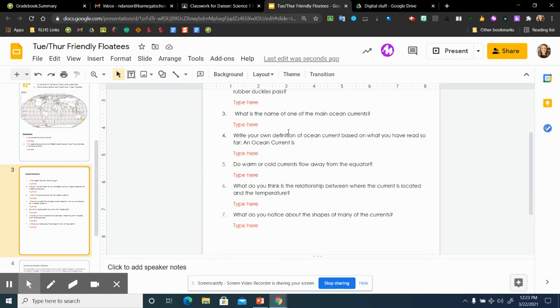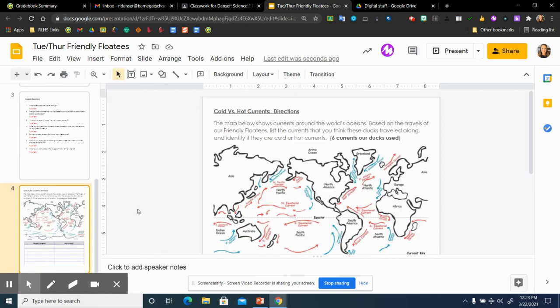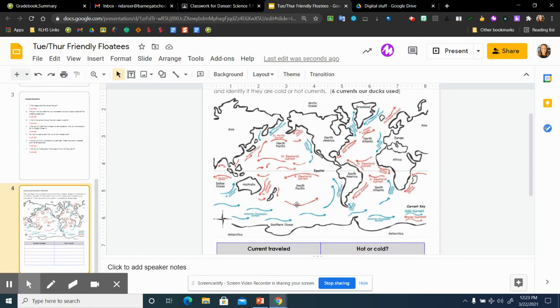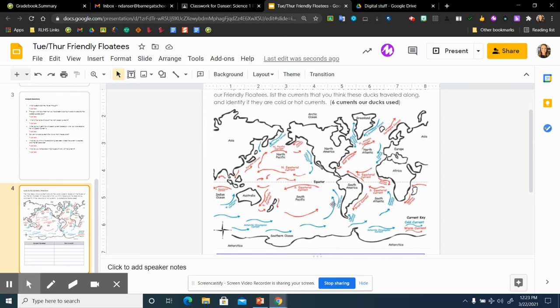And then you're just going to finish answering the rest of these questions. So these questions are related to ocean currents. So you can use your notes, you can use your book, you can use the homework worksheets that we've done to help you. When you're done answering the questions on slide 4 or 5, depending on what presentation you have